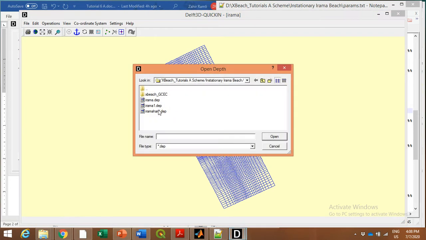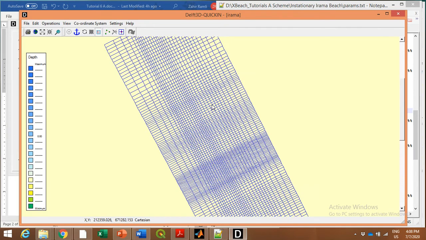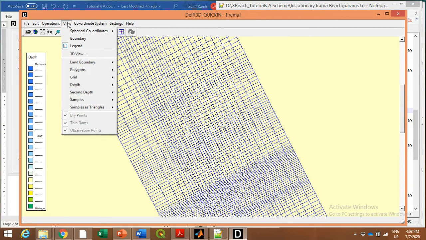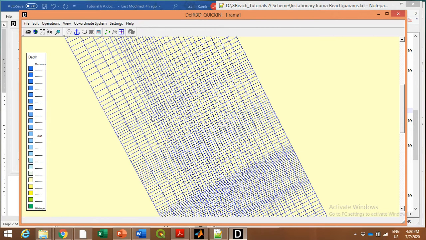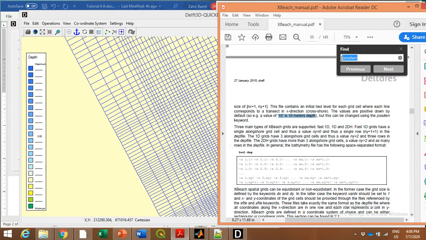Import the file. So usually when you read the dep file, okay, something is not right. But what I wanted to show you is that when you go for the NE layer,